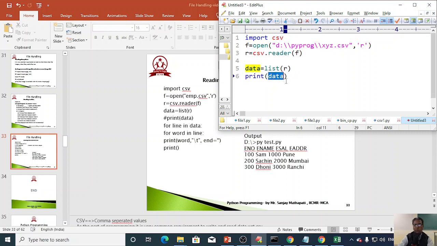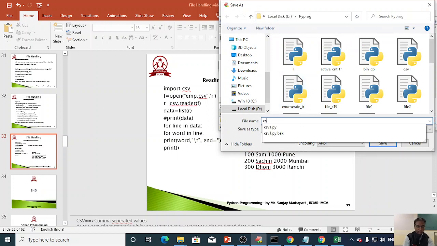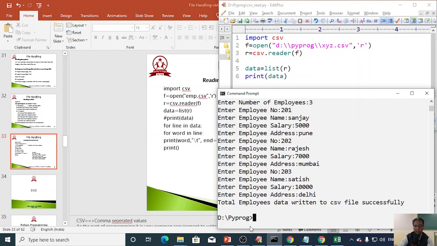I'll save this as csv_read, and let's execute this file, csv_read.py.